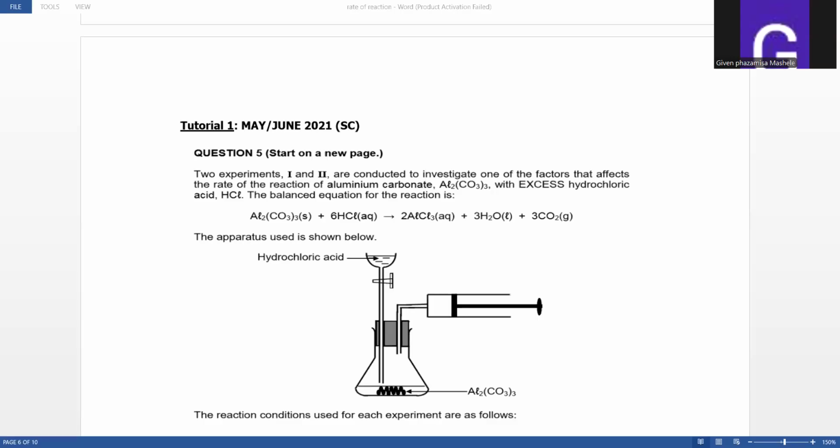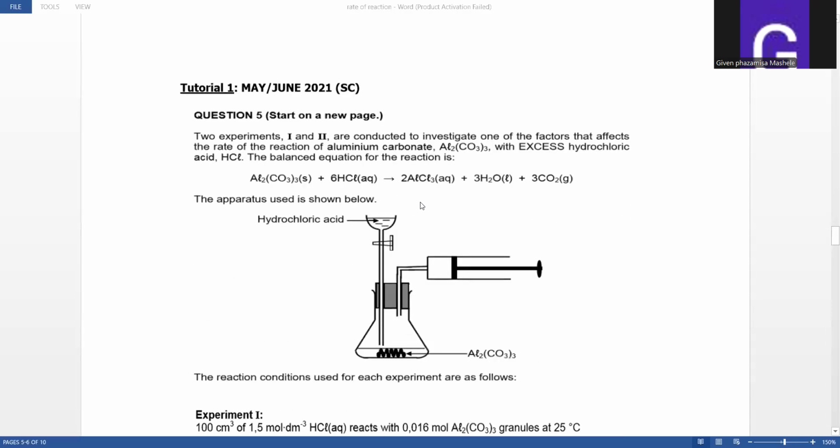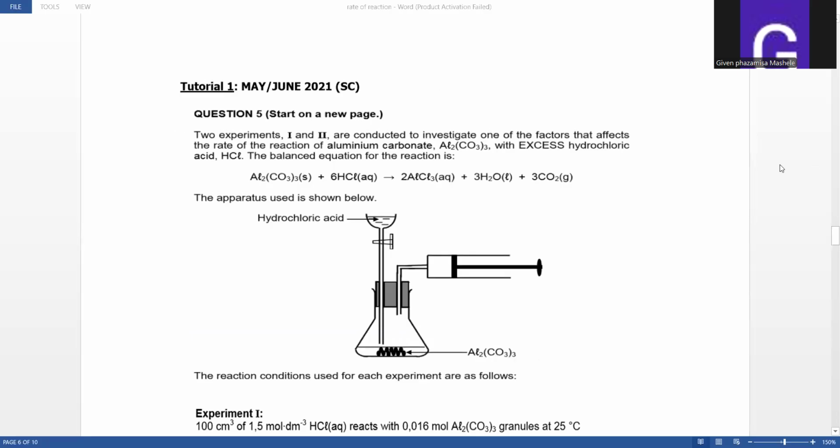Let's continue with the problem solving for the rate of reaction. As I said, through the summary that I have just explained, now we are going to solve problems. We'll start with tutorial number 1, which is from the June 2021 Senior Certificate question paper. This one is question 5. It says that 2 experiments, 1 and 2, are conducted to investigate one of the factors that affect the rate of reaction of aluminum carbonate with excess